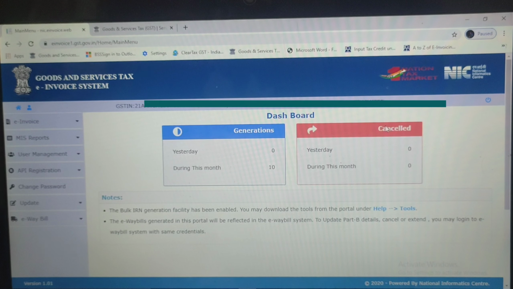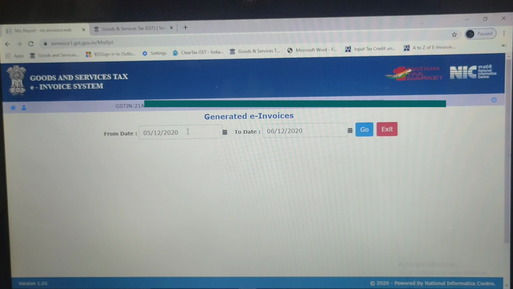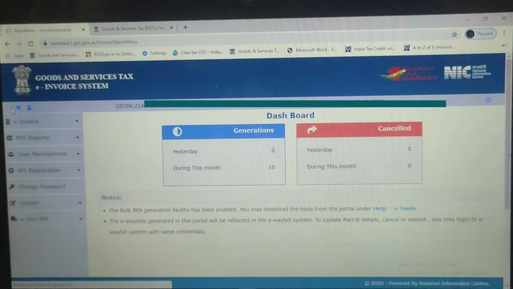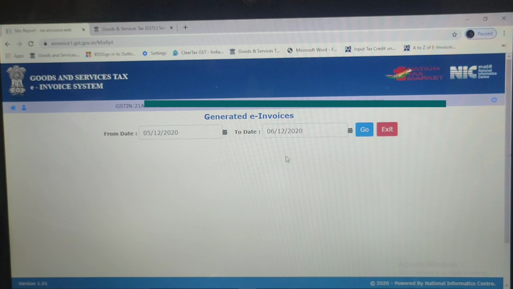Once the JSON file is uploaded, you have to come to the home and click on MIS reports, generated e-invoices, and select the date from which date you have generated. After that you can click on go.